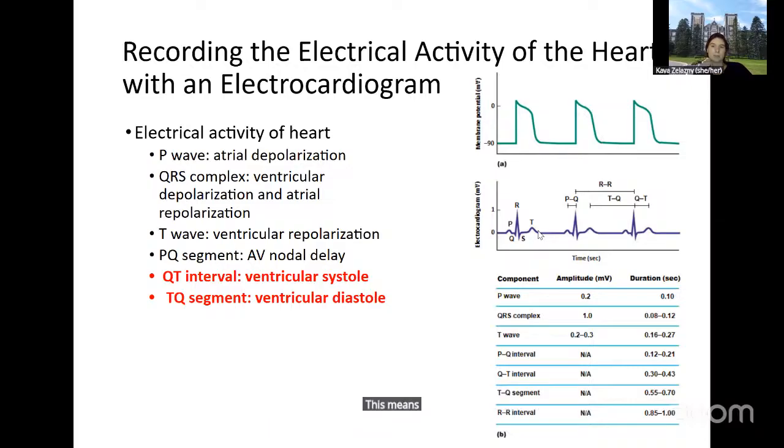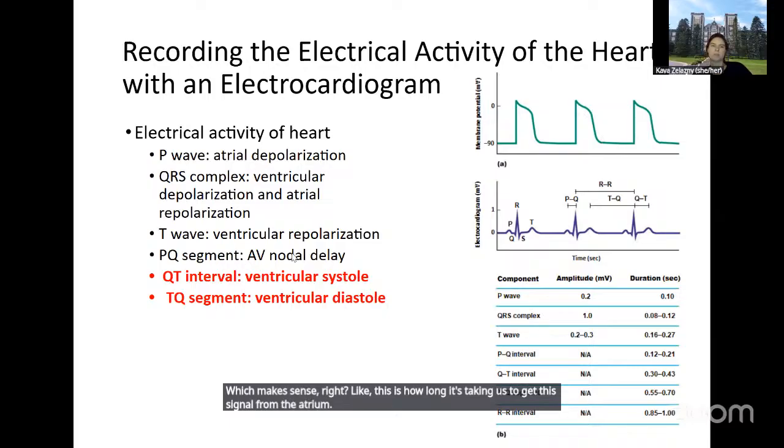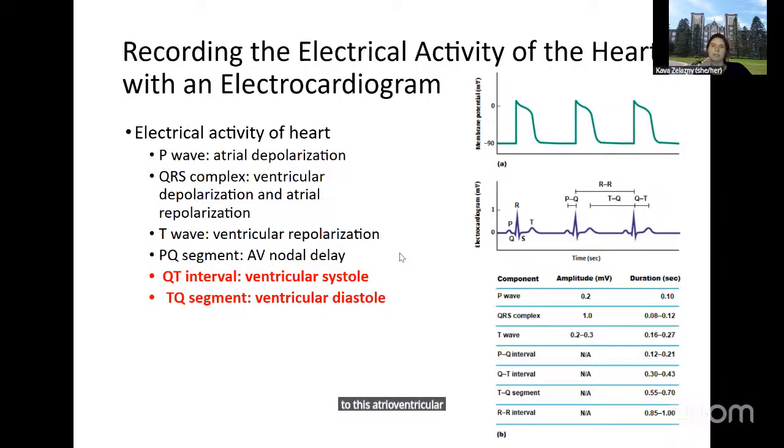This means that since we know what's happening in these general places, P, T, and this QRS, we can measure other things, right? Like how long is your heart squeezing? How long is your heart relaxing? By measuring how long it takes to get between these points. So for example, between P and Q, this is your AV nodal delay. Which makes sense: this is how long it's taking us to get this signal from the atrium to this atrioventricular node, and we got this pause so that the ventricles can do their thing and get ready to